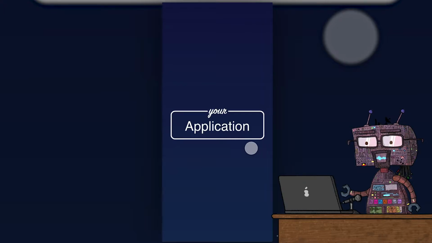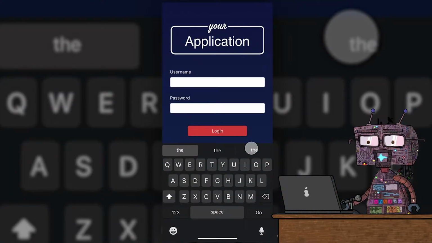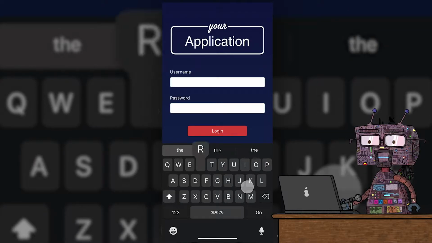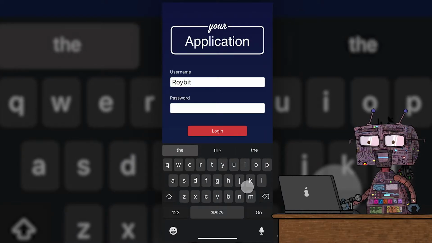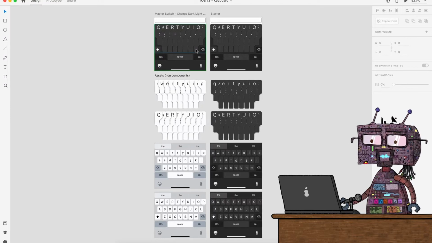Well, let's jump straight into it. So here's what it looks like in the final prototype. Right, so opening the resource shared in the link below, you can see the files set up to make things